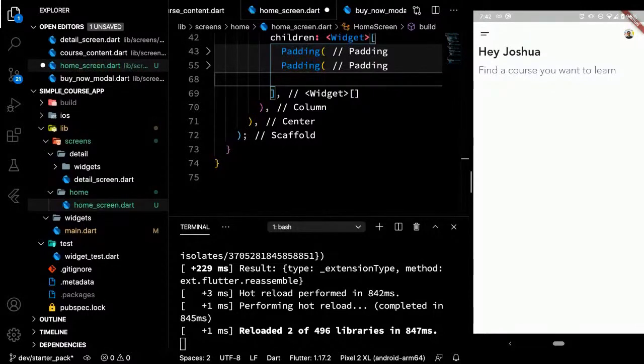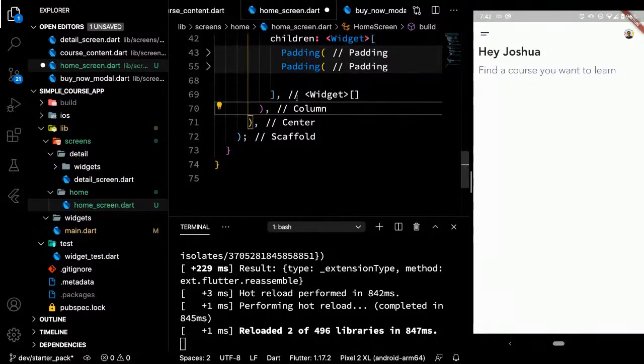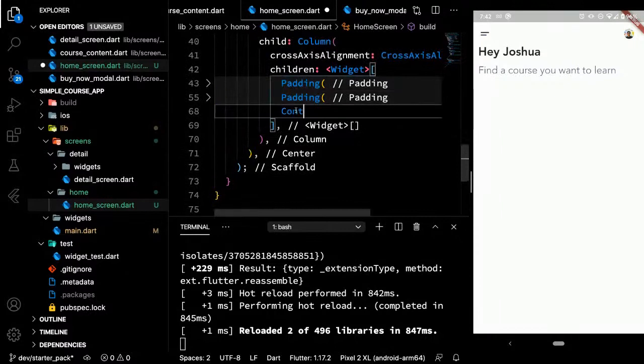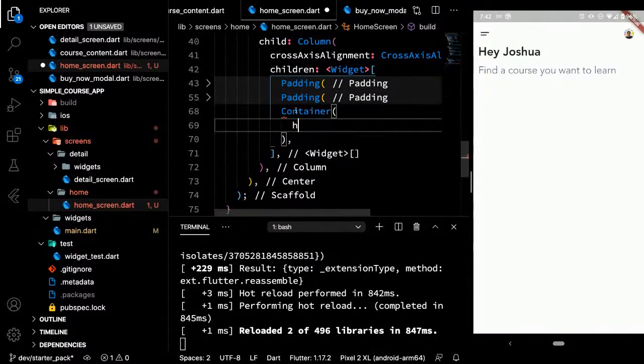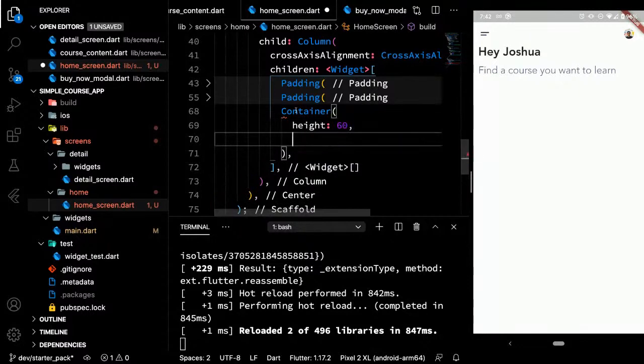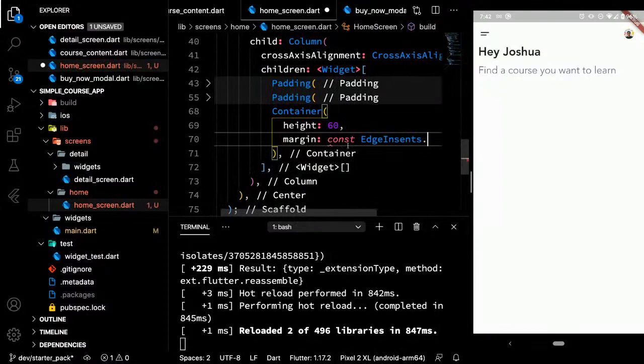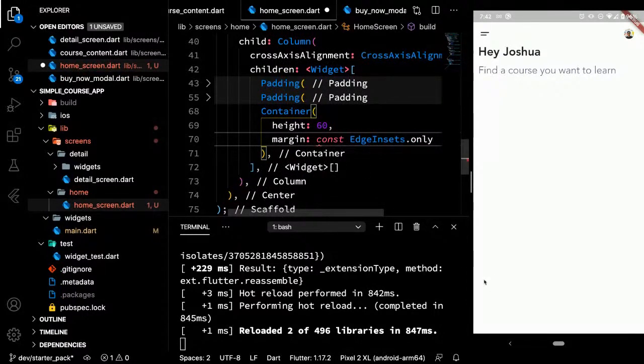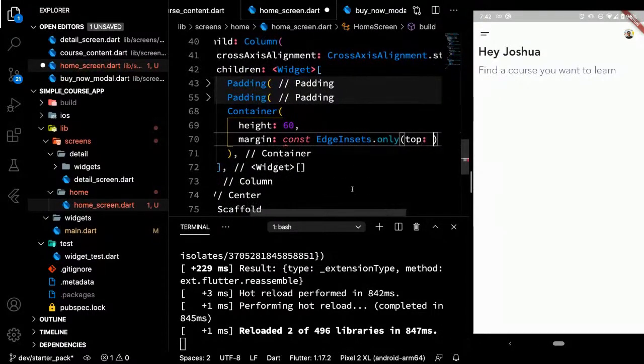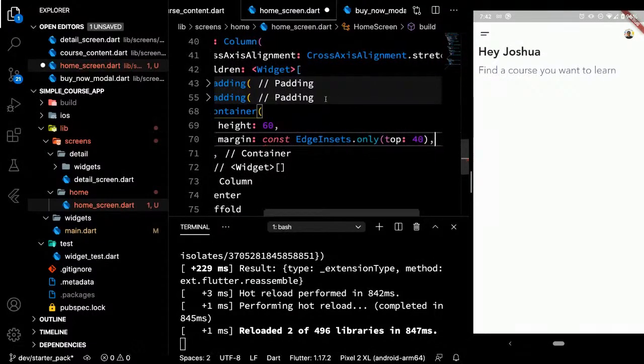We could start with a container. As we inspected in this Figma, its height is 60, and it probably has some margin at the top. So const EdgeInsets.only top 40. And we also have a padding.